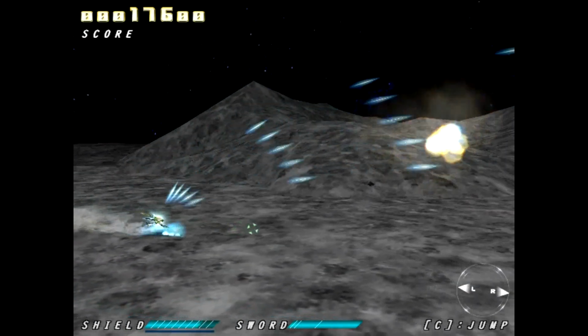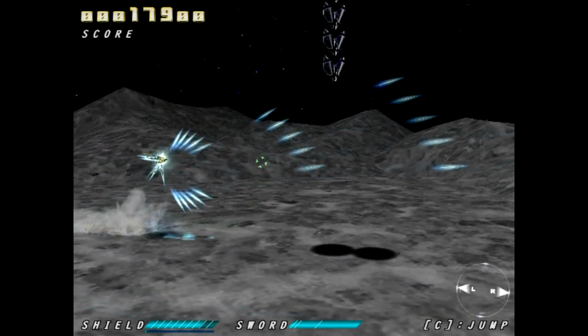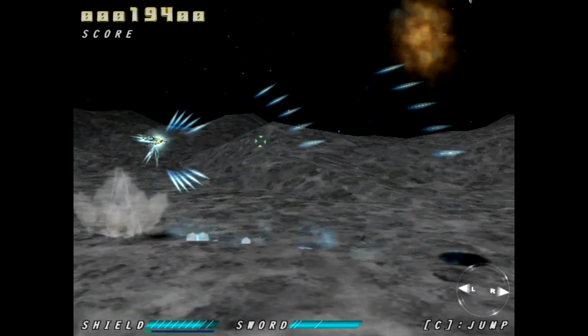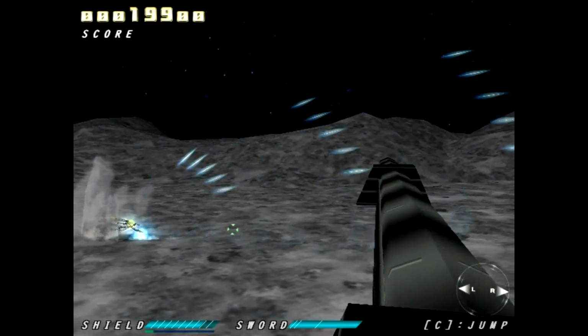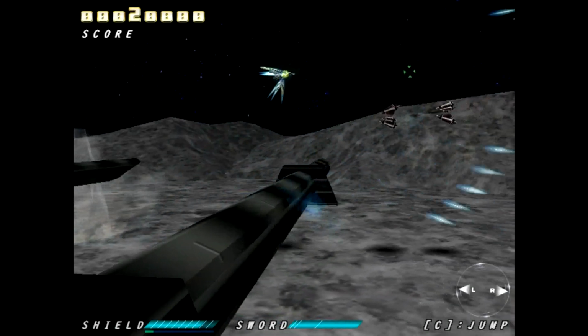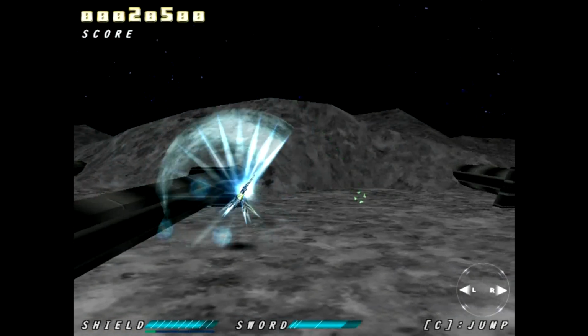So this is the stage I mentioned where you're grounded in this stage, or this section at least. I don't know if it's the whole stage, but see, you can jump really high. It does change the gameplay a bit, and it's more of a horizontal shooter at this point. But it's not your typical shooter. It's almost more like Ninja Spirit, which is almost like a shooter,